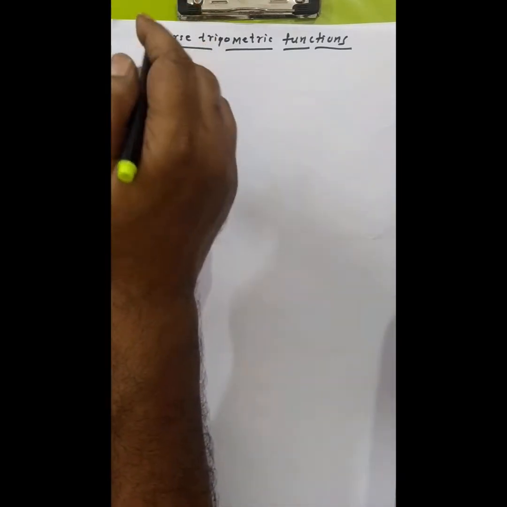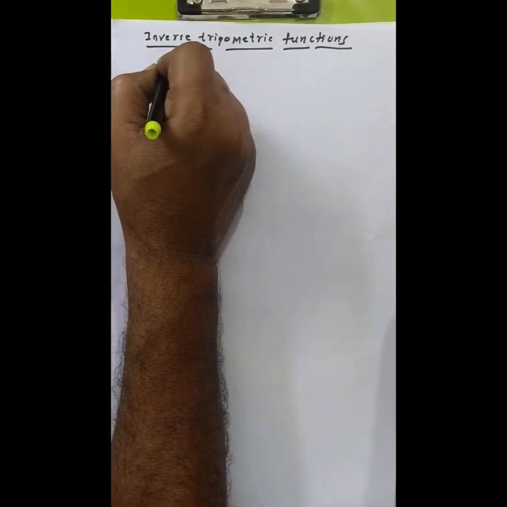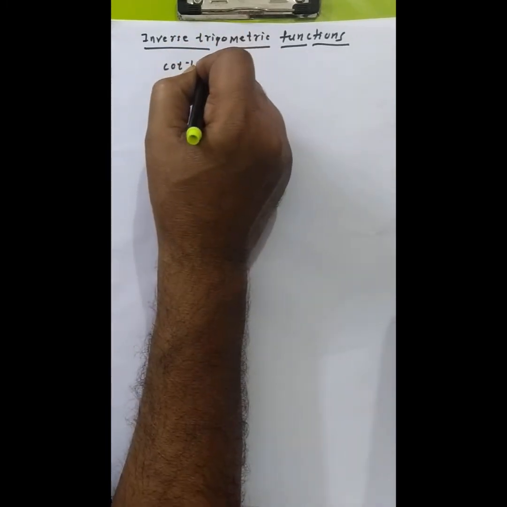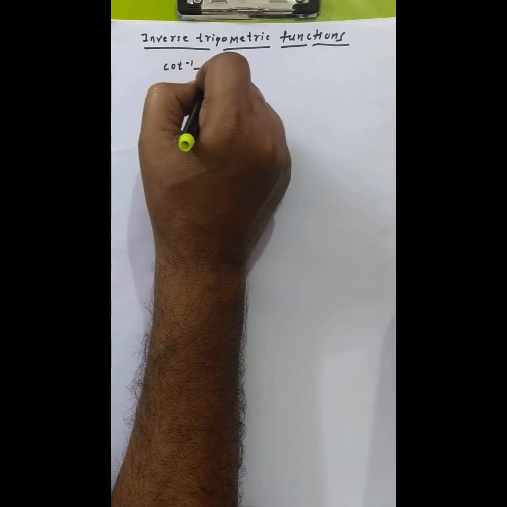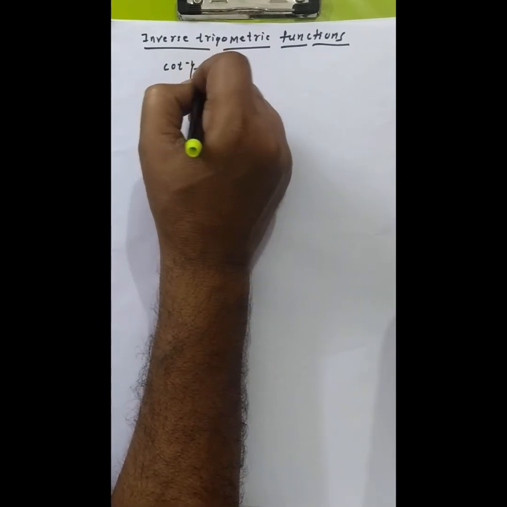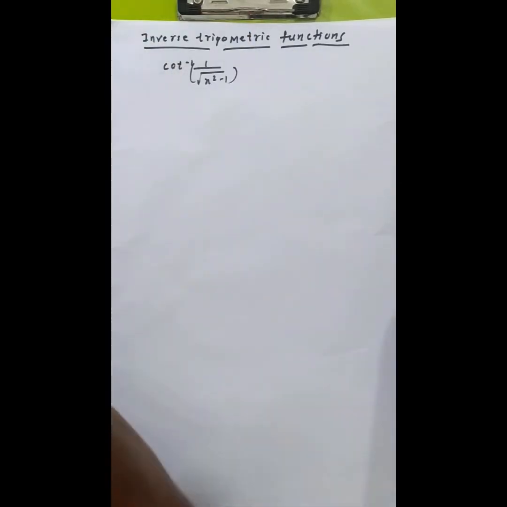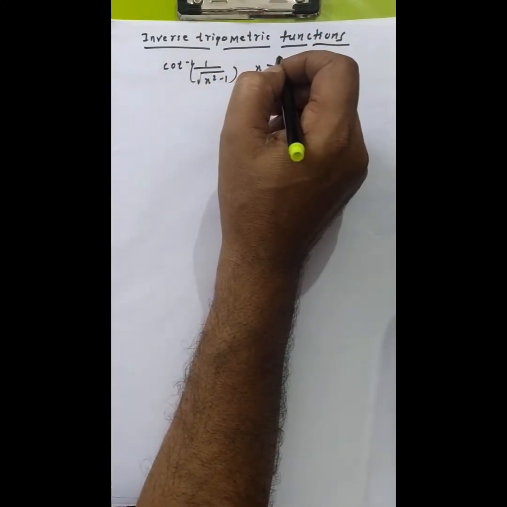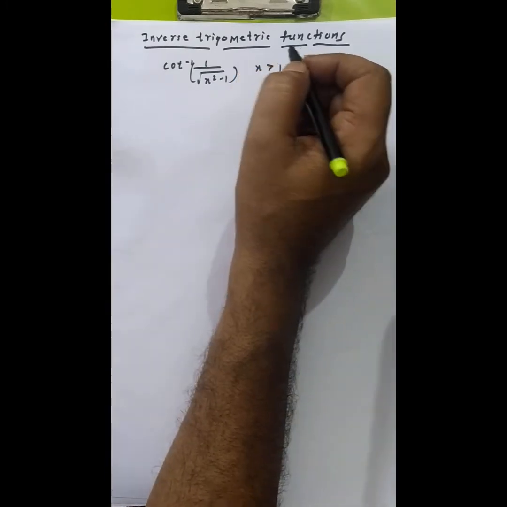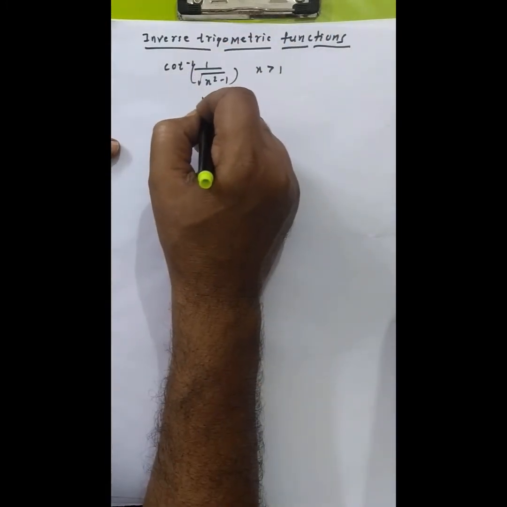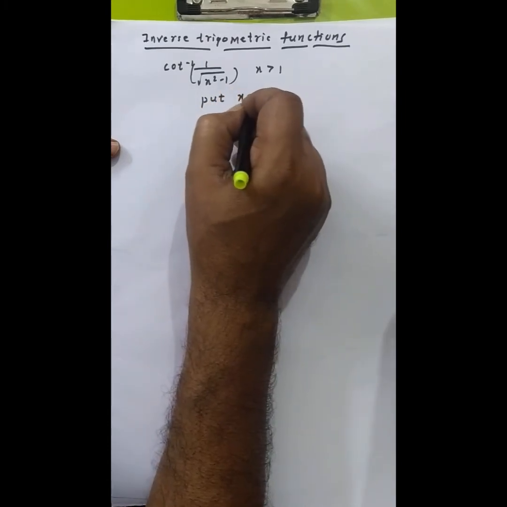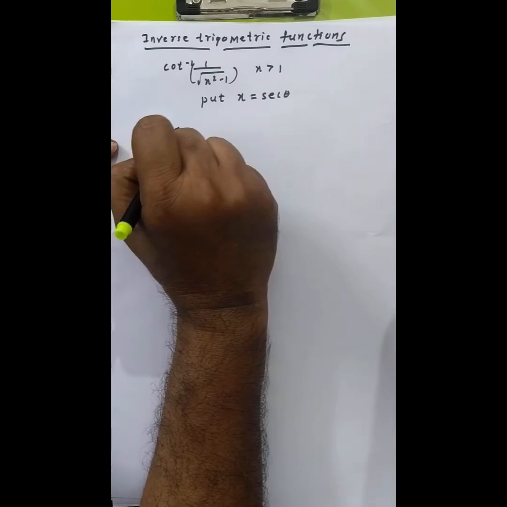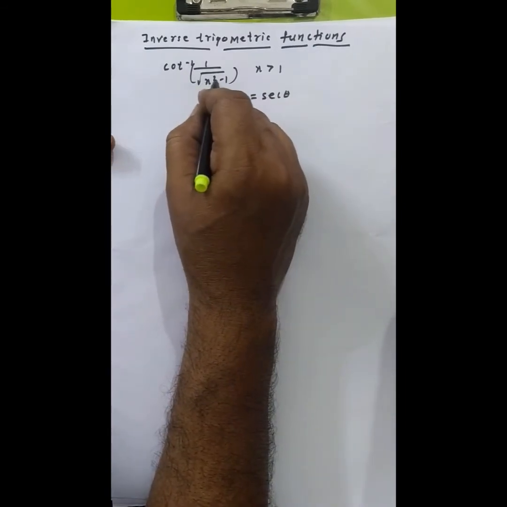Cot inverse of 1 divided by root of x square minus 1, where x is greater than 1. You have to express it in simplest form. So we'll put here x is equal to sec theta. The reason to take x is equal to sec theta is, so this denominator x square minus 1